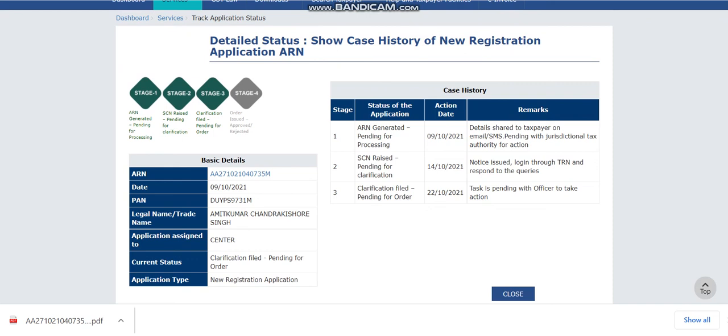Let's see, when the application was filed, it was in stage 1, ARN got generated. Then SCN was raised by the tax officer, that is the second stage. Now what we have done, we have given the clarification as per the questions asked by the tax officer. Now it got assigned to the tax officer. Now what he will be doing, he will just approve the application, because whatever the clarification was required we have provided. Once it is approved, you will be getting the proper mail of the GSTN by which you can create the user ID, and then this stage 4 option will be shown as green because the complete process has been done. That's it guys.